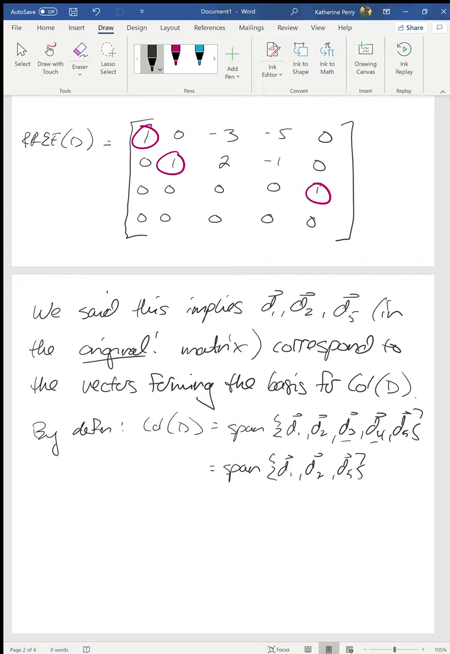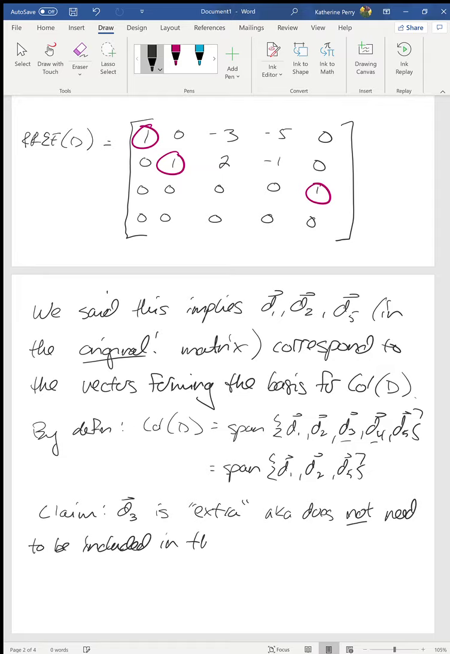And so what I want to do here is actually show that in fact the 3 and the 4 are extra, meaning that those columns can be written as linear combinations of the other 3 columns. So I'll work out the first one. So claim: D3, the third column, is extra, aka does not need to be included in the basis